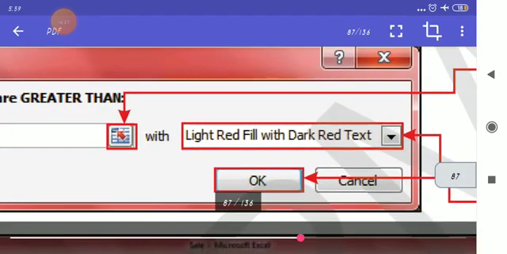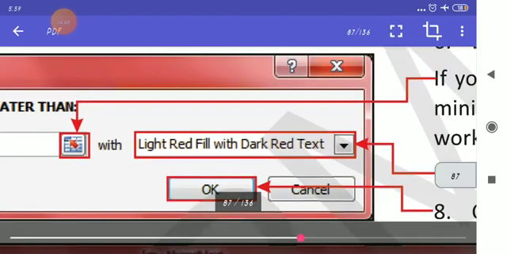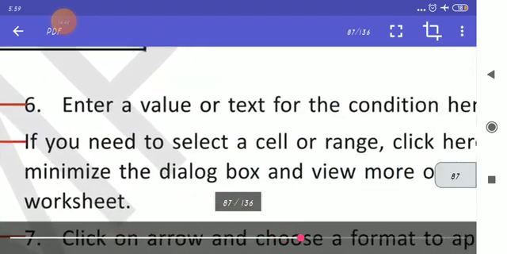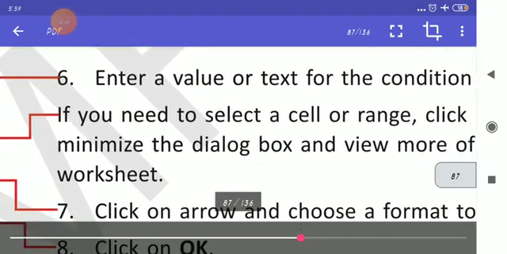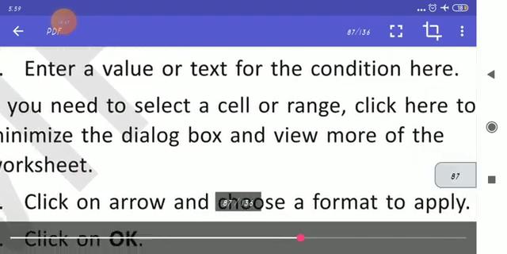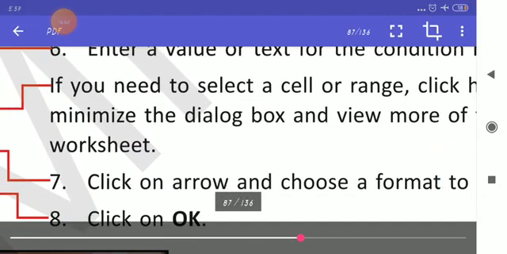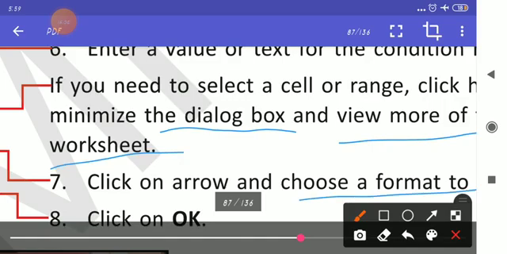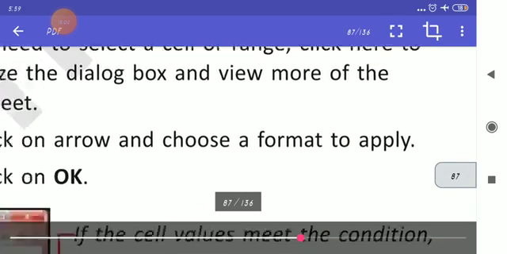Then press OK. Enter the value or text for the condition. If you need to select a cell range, click here to minimize the dialog box and view more of the worksheet. Click on the arrow and choose format. To apply, I'll click OK.